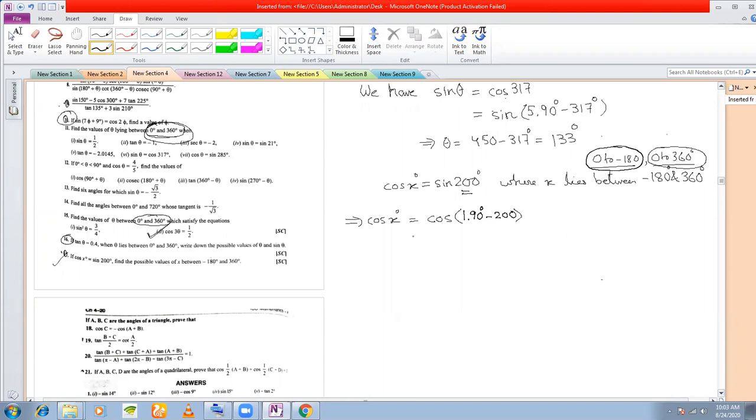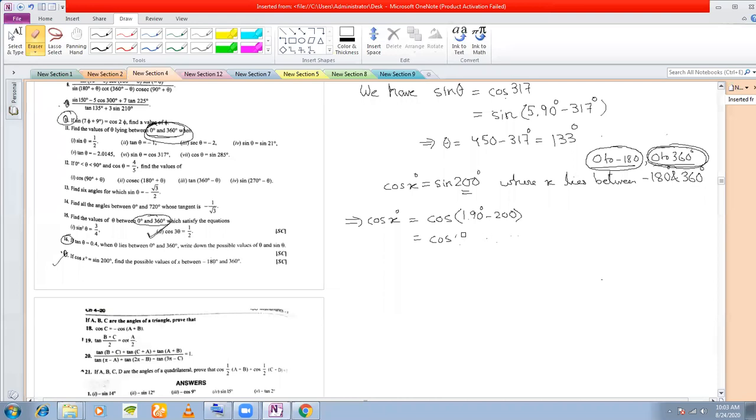Okay. Let us try out the next one. Cos, say I have 3 into 90 degree plus 200. Cos is positive, this is also in the fourth quadrant. So is this acceptable? 270 plus 200 is 470, which is greater than 360, isn't it? So this is not acceptable. So this is gone.